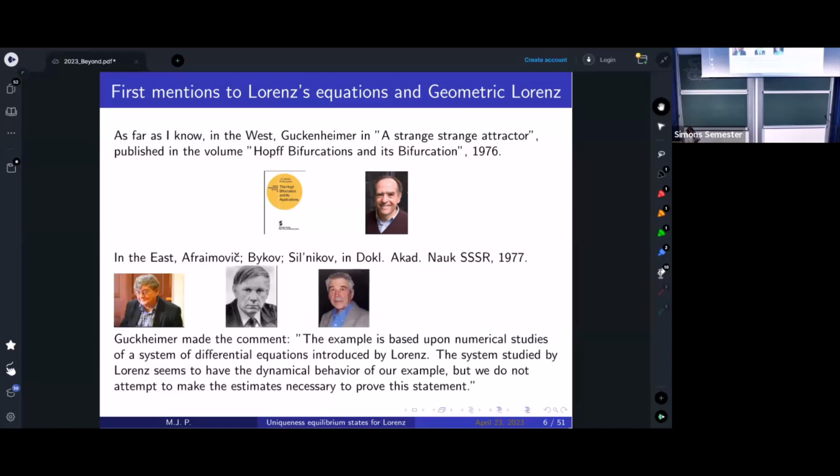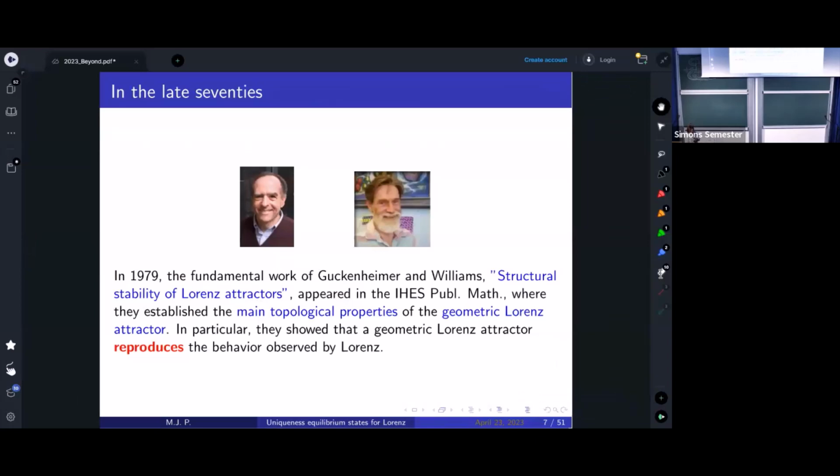Okay? And you know that it took one decade for mathematicians to start to study the Lorenz equation. By the way, the attractor generated by the real equation by Lorenz is nowadays referred to as either the real Lorenz attractor or the classical Lorenz attractor, okay? And in the 70s, a paper by Guckenheimer and Williams appeared in 79, titled Structural Stability of Lorenz Attractors, where they established the main topological properties of the geometric Lorenz attractor. In particular, they showed that the geometric Lorenz attractor reproduces the behavior observed by Lorenz. Okay, and